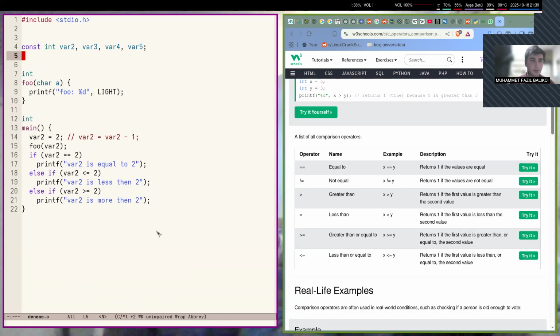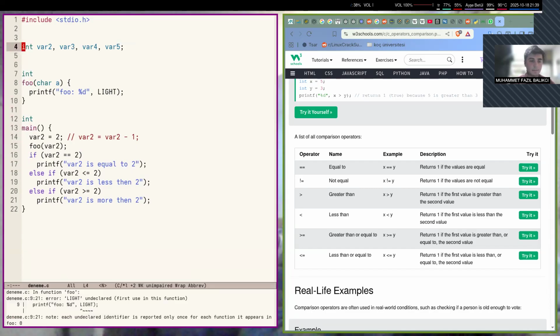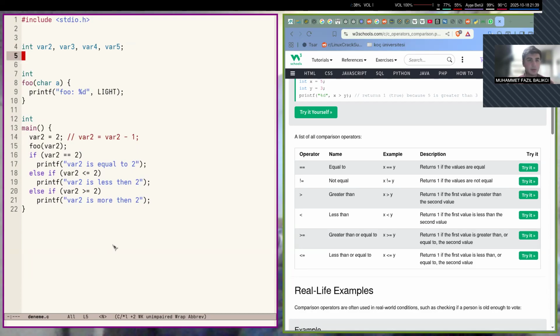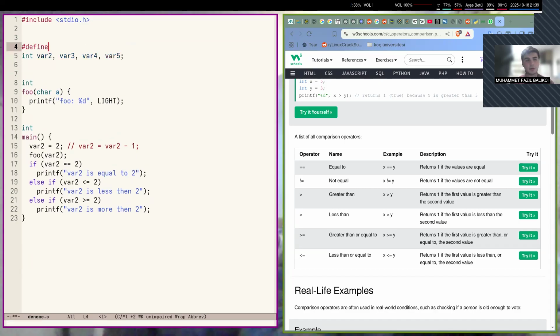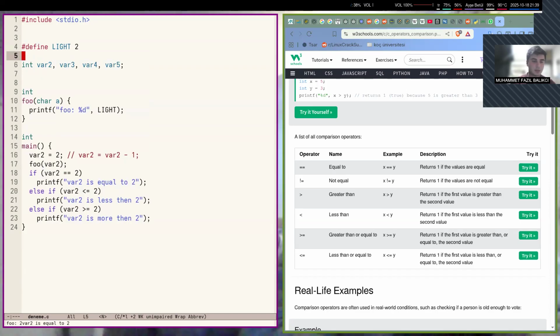Yeah, var2 is equal to 2, as you can see here. And if we were to change that to, let's say, 3,